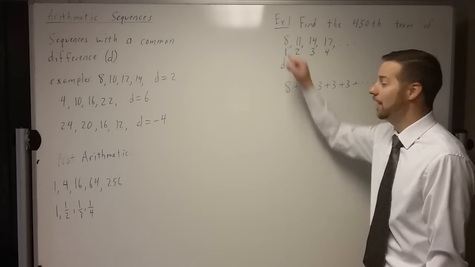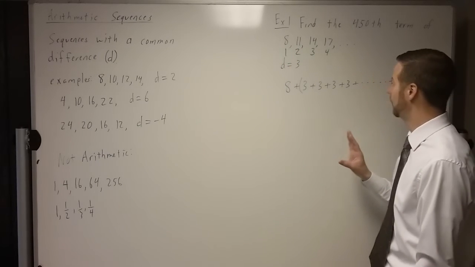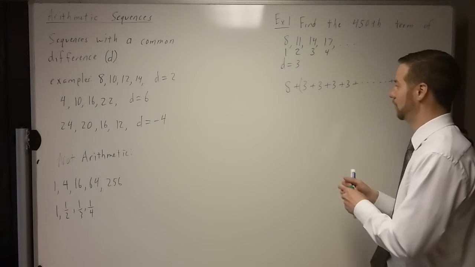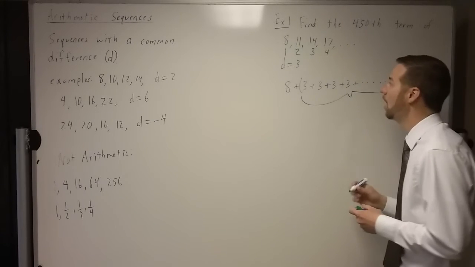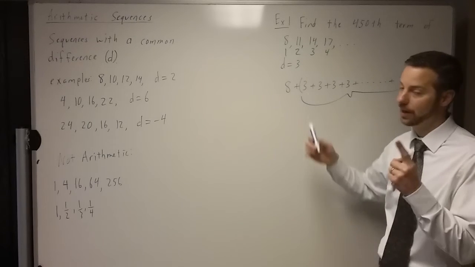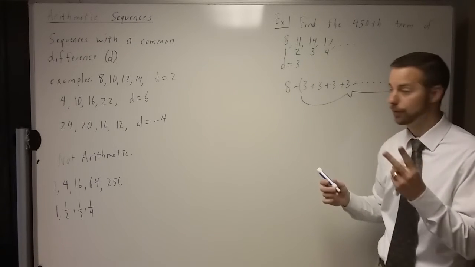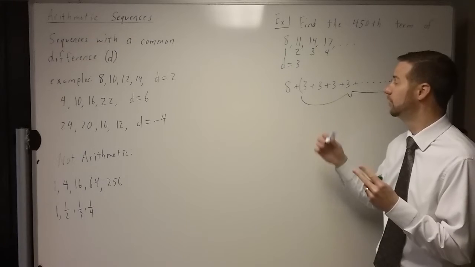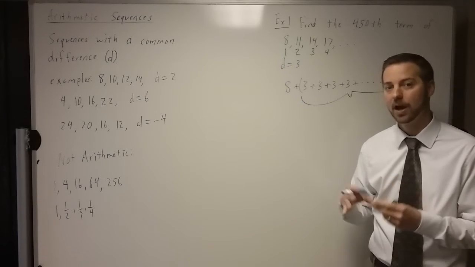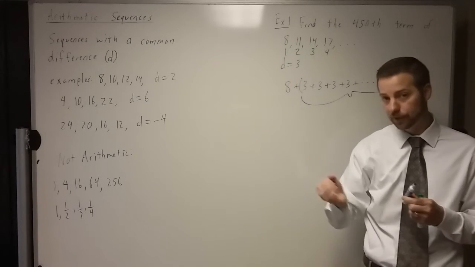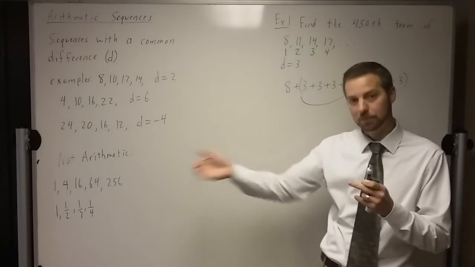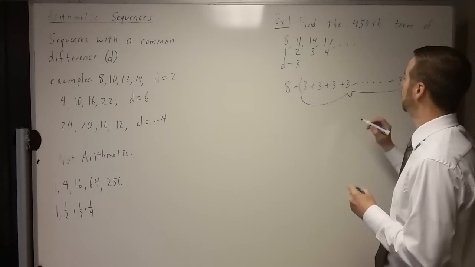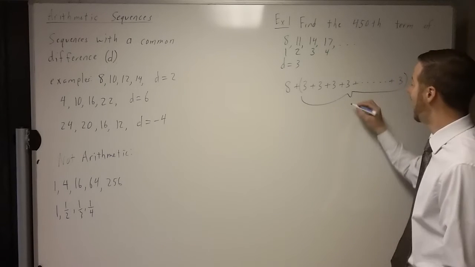And so we didn't add 3 at the first term. This is where we have to think about it. Your first reaction, a lot of people say, well, this is going to be 450 times we need this. Well, when we were at the second term, we only added 3 once. When we were at the third term, we only added 3 twice. Do you notice it's 1 less than whatever term we're on? Because we don't add 3 at all on the first term. And so we're going basically from the second term on. And so to get to the 450th term, we need to add 3